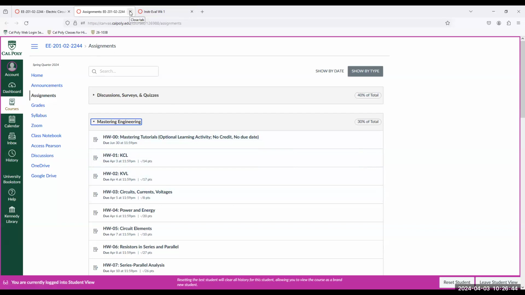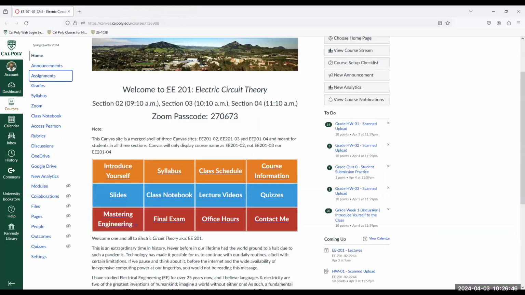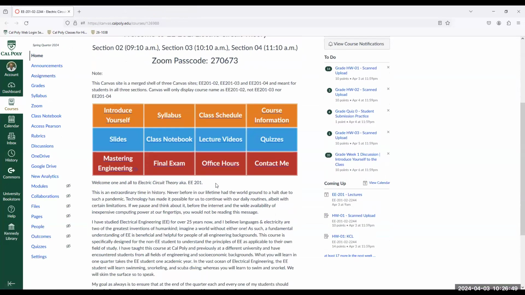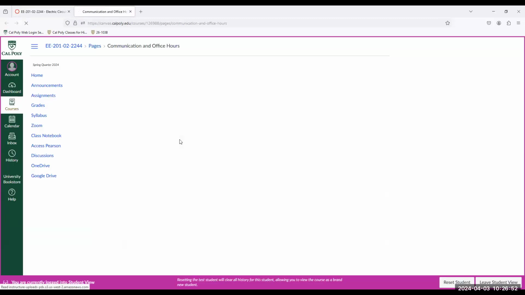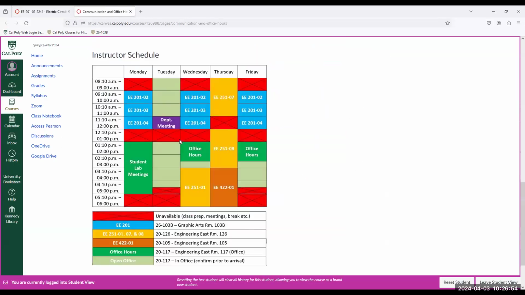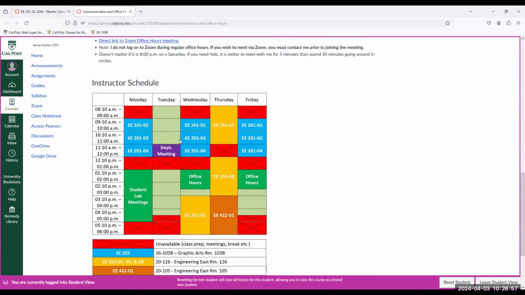If you have any questions about the assignments, about anything else, you let me know via email, via message. Office hours are listed on here. So you have the green office hours space where I'm guaranteed to be in the office. I'm also in my office any other time. I have an open door policy, meaning students can come and see me anytime they want. Obviously, outside of these 3 hours, where I'm not in my office, students can come and see me anytime. Even during the red times, if you have a quick question, I'd be happy to answer.